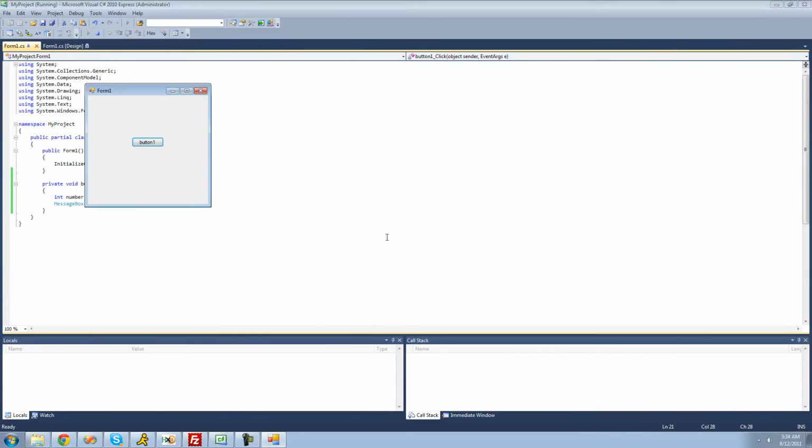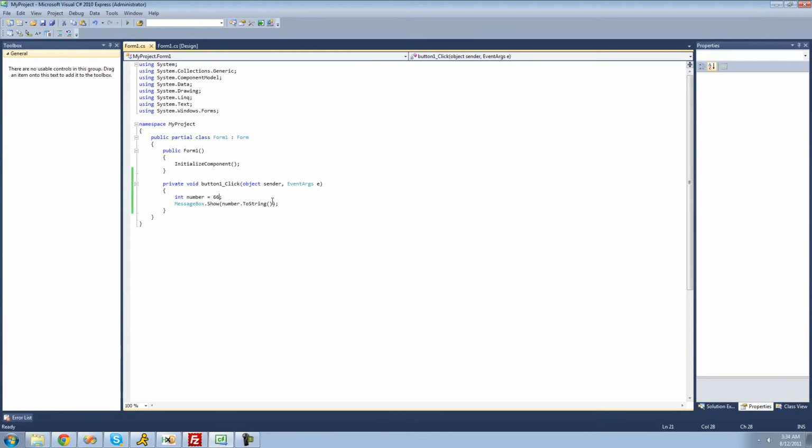Yep. Alright. And the next variable type that we're going to be looking at is something called a bool. You probably really haven't heard of a bool before, but a bool can just hold the value of either true or false. So if we just type out bool right there, now we're going to want to give a name to our bool variable. And again, you can call it anything you'd like. It's your variable. I'm just going to call it